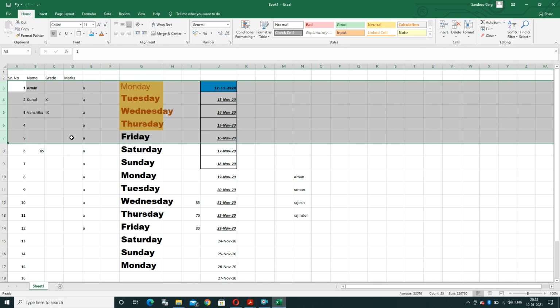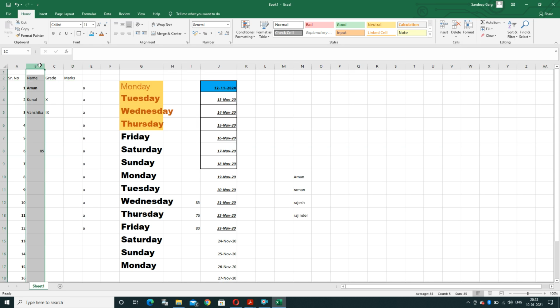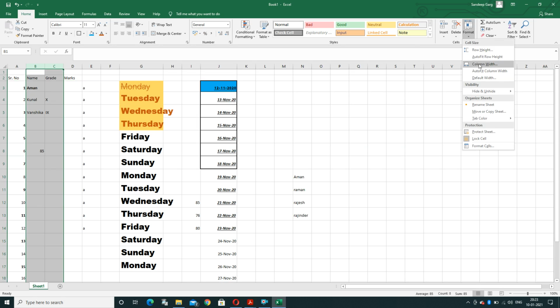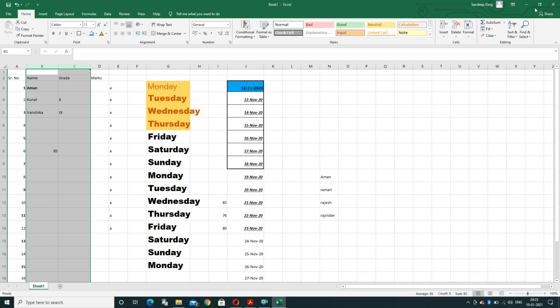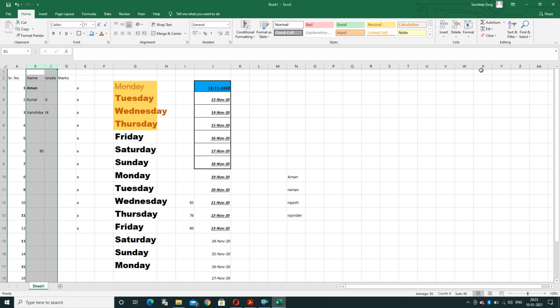And column width can also be changed. I select the cell, same options are there, auto fit, and column width you can type from your side also. Like this, I am typing here. By default it is 8.43. I am typing here 15. See now. And when I do auto fit, it will auto adjust. If smaller is required, it will make it small. If larger is required, it will extend it.